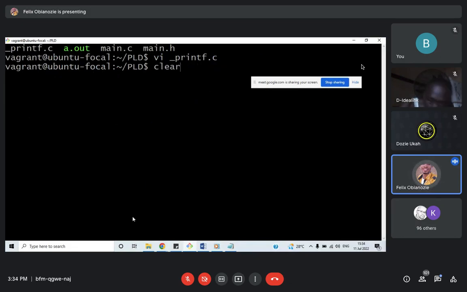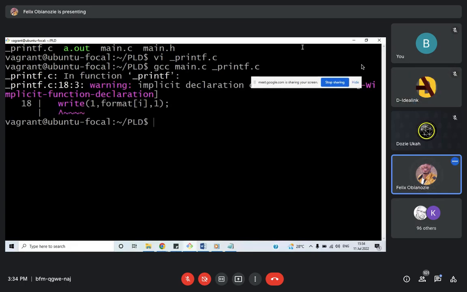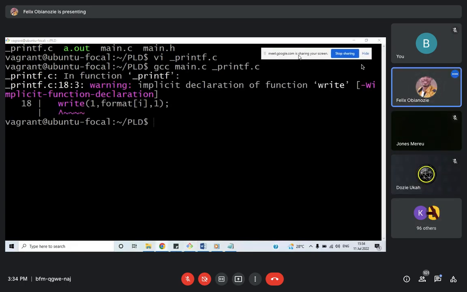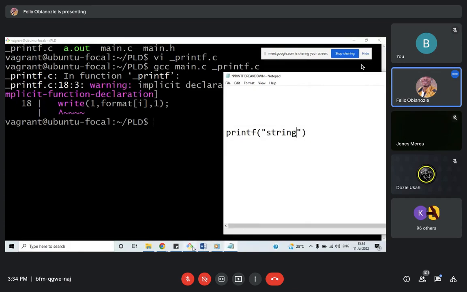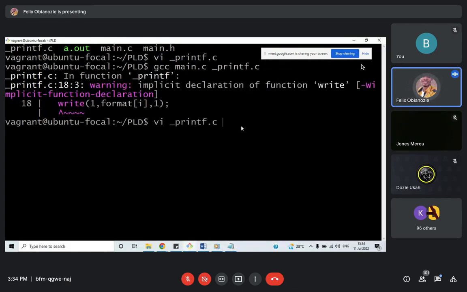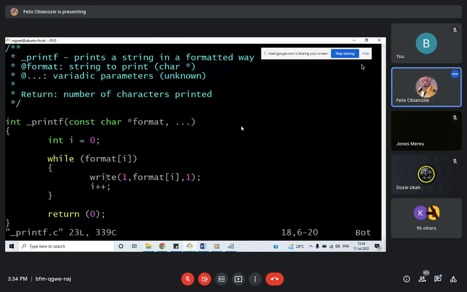Call gcc again and compile. Error. Okay, what does it say? It said implicit declaration of function write. Okay, I did not put the header file for that in that place, so I'm going to go back into that function and put the header file,